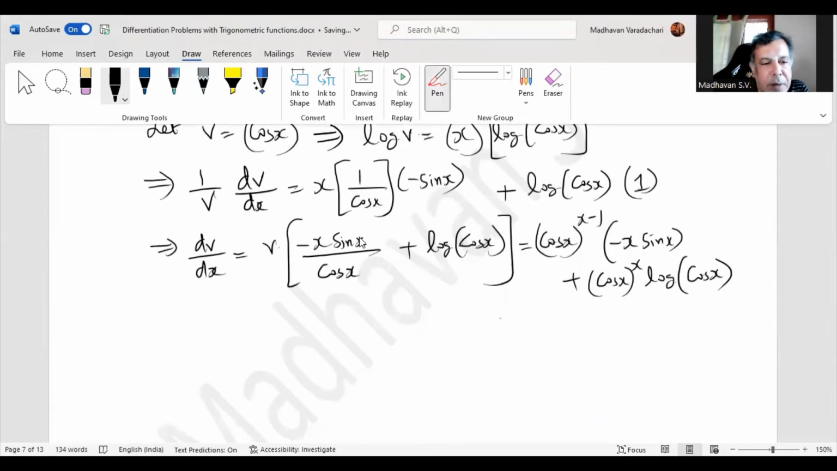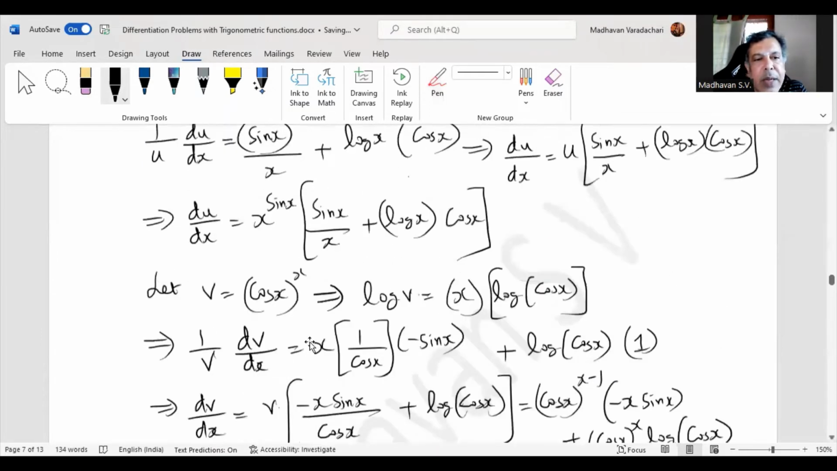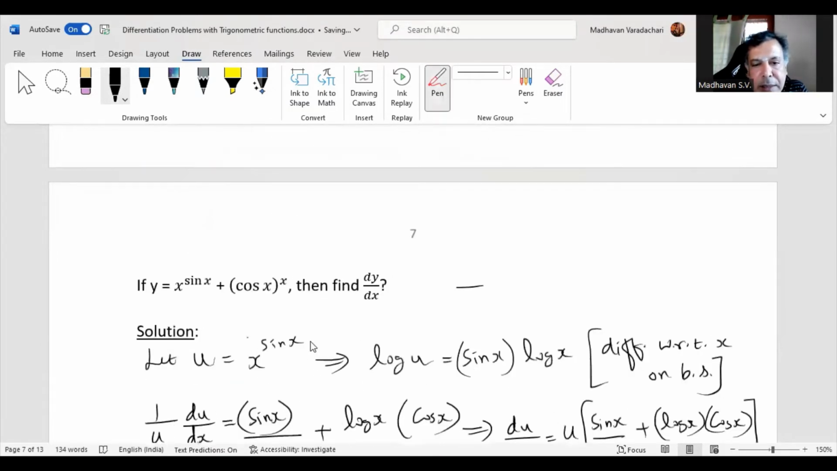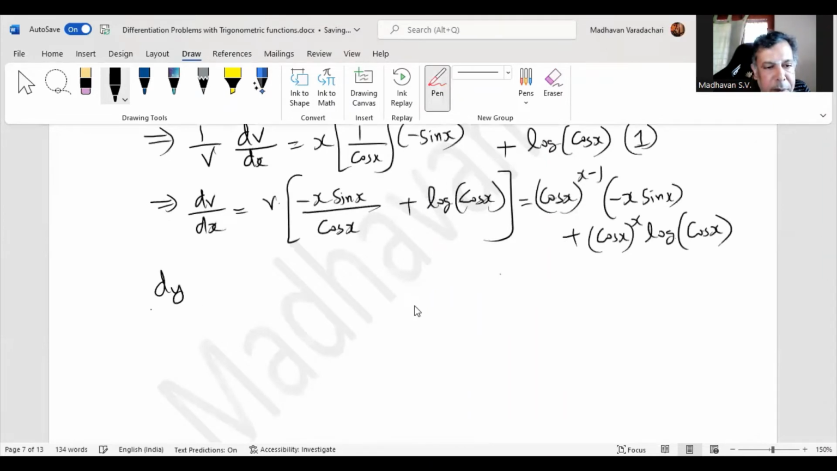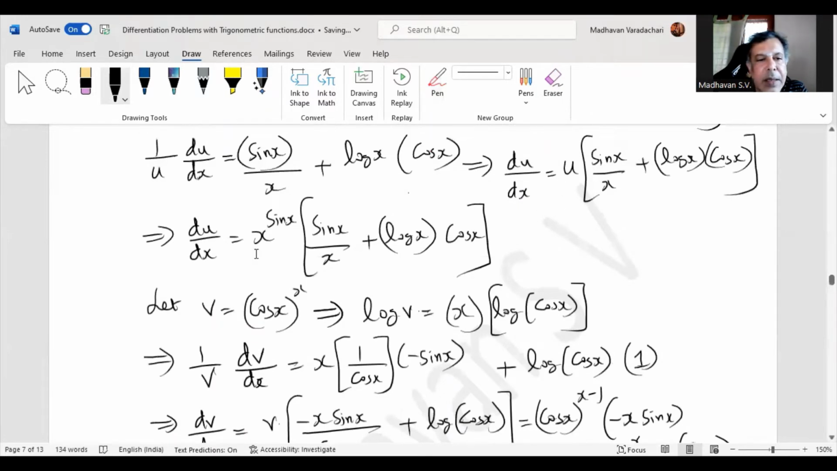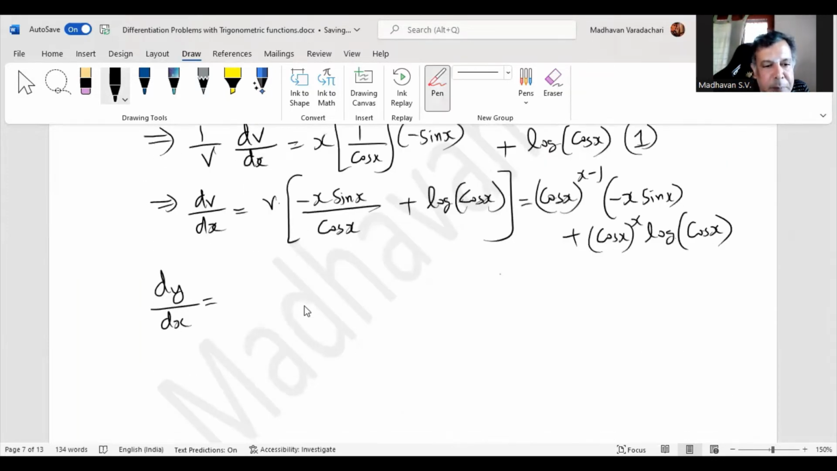So therefore, since our y is now, if you consider this, this means y is actually u plus v. That means dy by dx will be du by dx plus dv by dx. So on that basis, our dy by dx will be now du by dx. What is that? Here it is. You may notice x is there in the denominator for the first term. So I can write it as x to the power of sin x minus 1